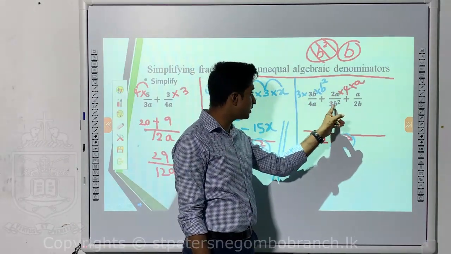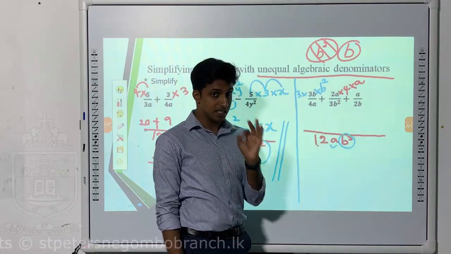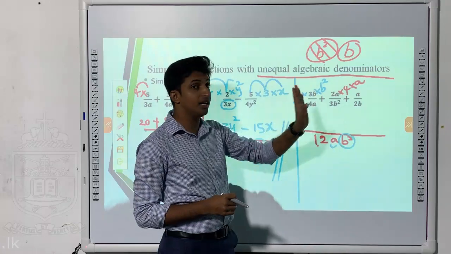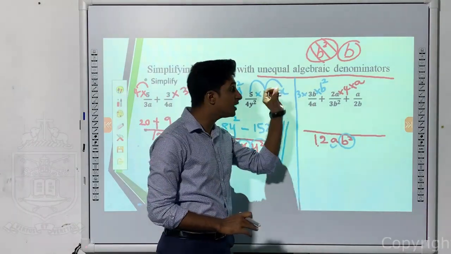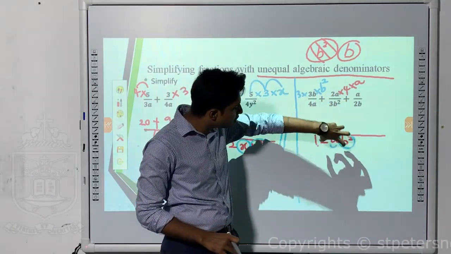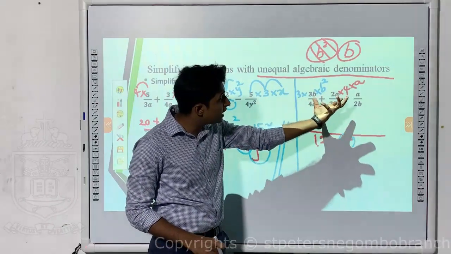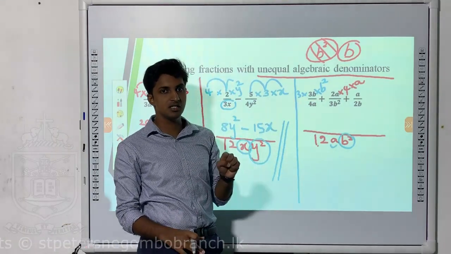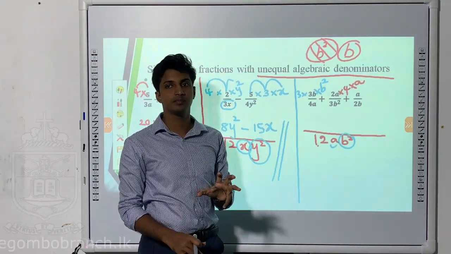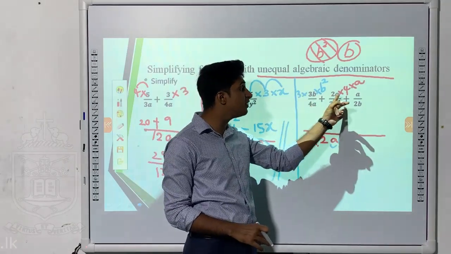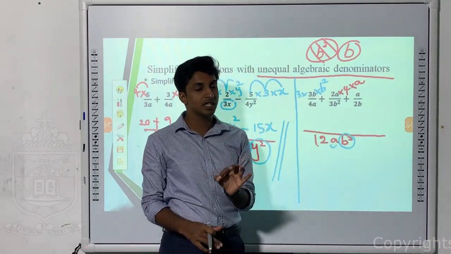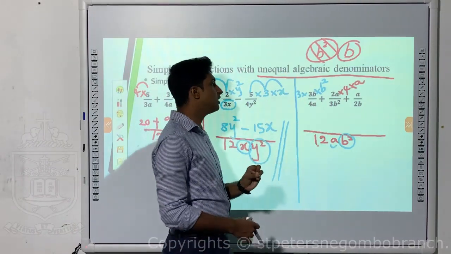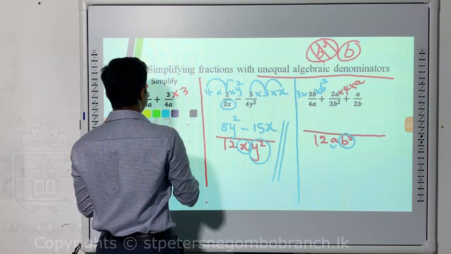Also, A, I have a B squared in the denominator. Check only for the denominator. I don't say, okay, here you have an A. No, it is the numerator. We are checking the denominators. We are equalizing the denominator to this. So when you are equalizing the denominator to this one, you have to do the necessary changes to the numerator accordingly. Do not consider what you have and what you don't in the numerator. Check what you have and what you don't in the denominator. Okay. So look at the next one.